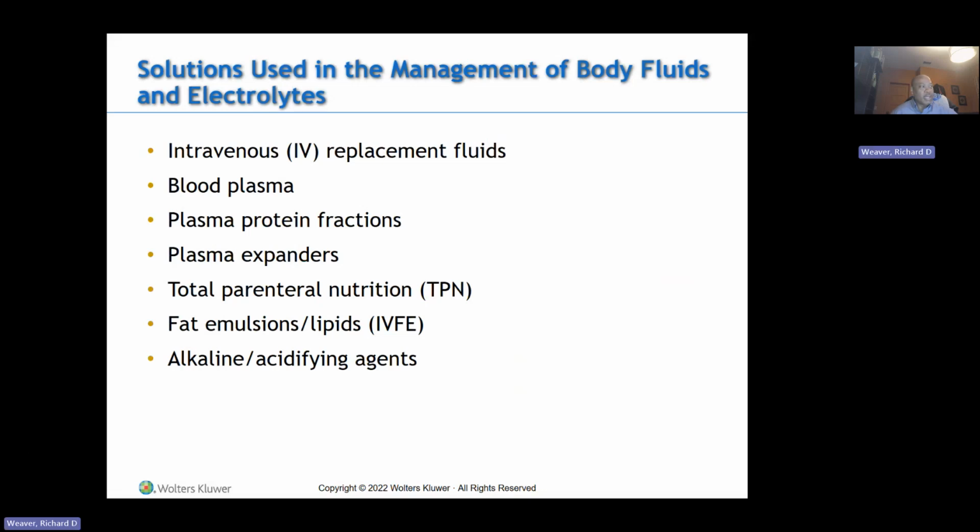There's also plasma expanders, and they give these types of fluids when someone comes in with really severe dehydration or severe blood loss. For example, a patient comes in with burns. I mean, they're losing all kinds of fluids, and we have to expand that vascular space with this type of fluids or plasma in order to improve their blood pressure. Otherwise, if their blood pressure is too low, then they're not going to be able to perfuse the rest of the body